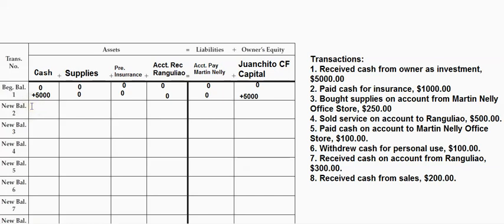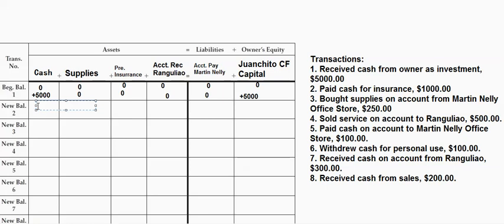The new balance is the amount resulting from the previous transaction. So here we know that before, cash was $0, and then when there was an investment, it increased to 5,000. So the new balance is $5,000